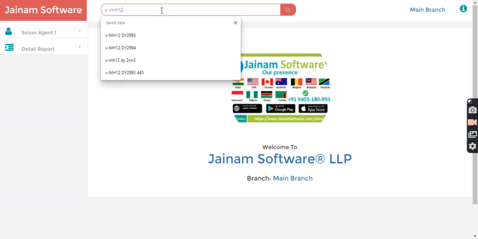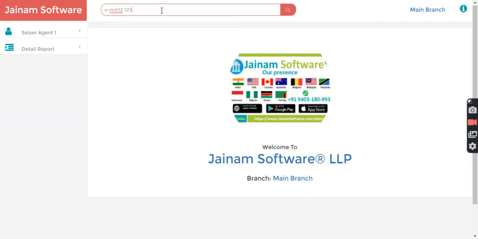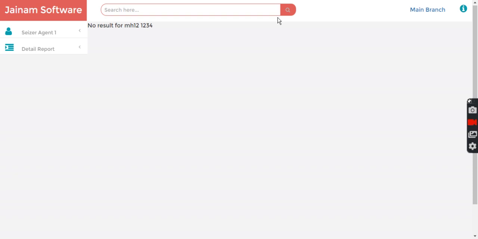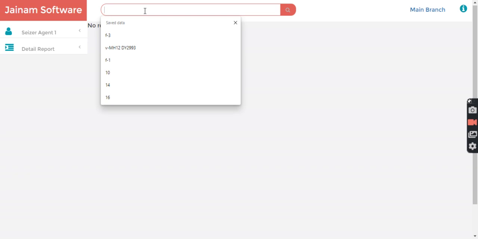So MH12 and 1 2 3 4, anything. I know that this vehicle is not available, so no result found for this vehicle. Now they will keep searching for the vehicle from the mobile app, and as soon as they find it, it will be matched. So MH12 1 2 3 4, and for the second vehicle, let's say this vehicle,